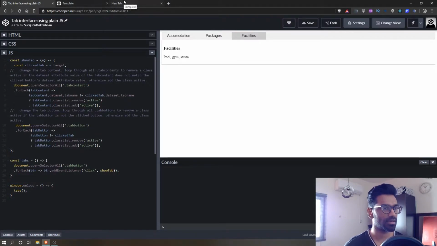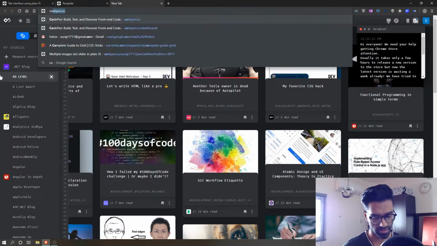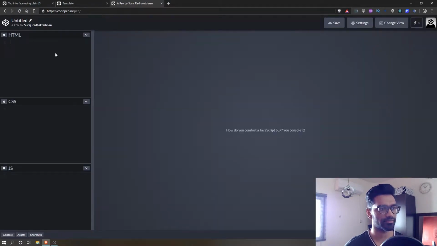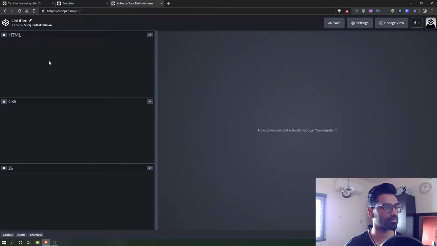Alright, first let's go to CodePen. Okay, we'll create a new pen and let's begin. So first, let's begin with our tab buttons, right? So we'll call that tab